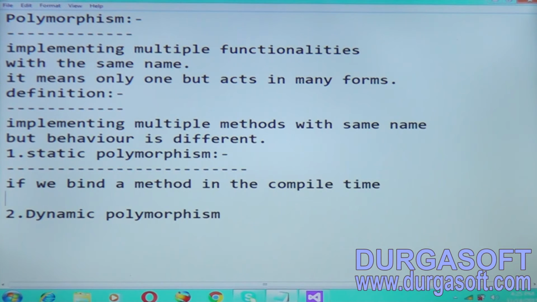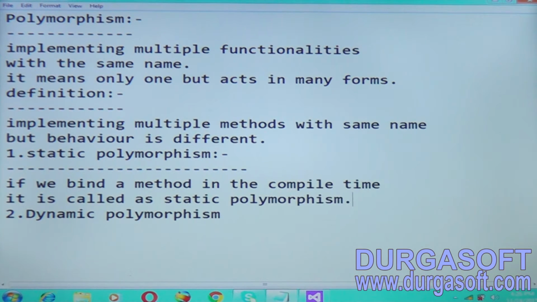If we bind a method at compile time, it is called static polymorphism.